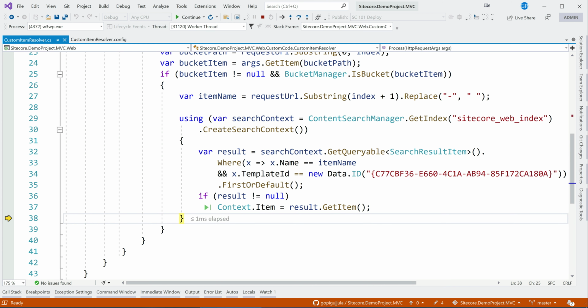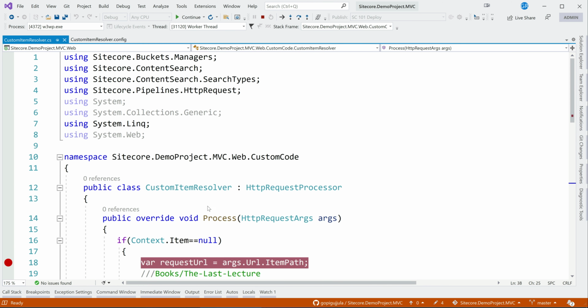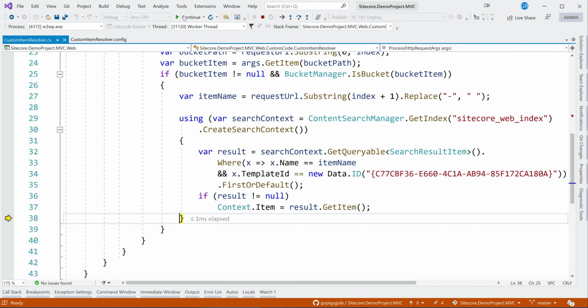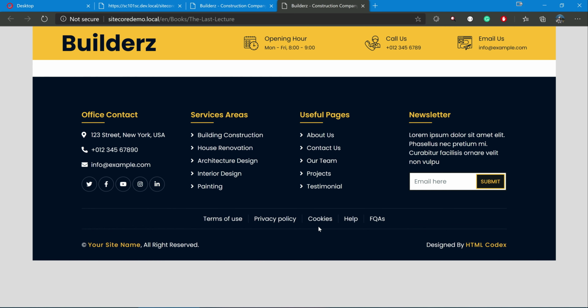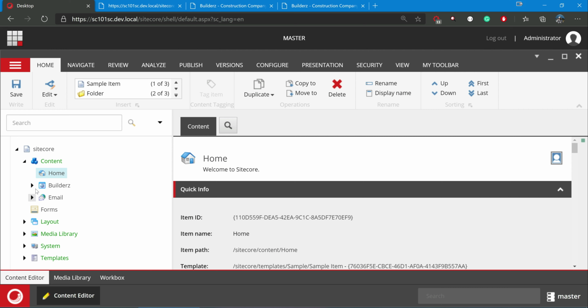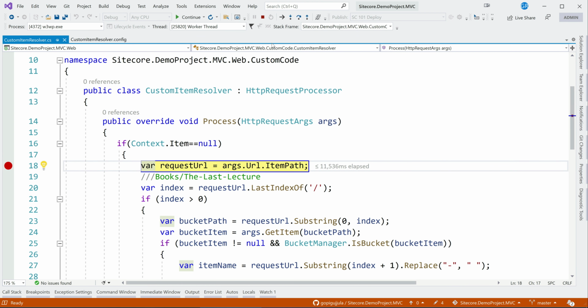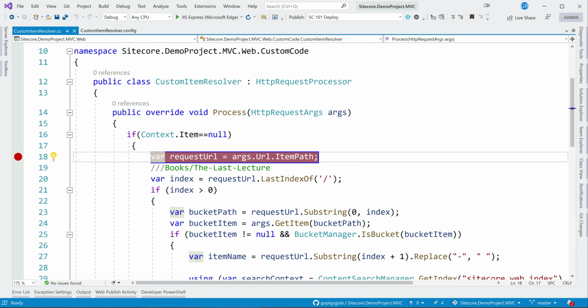now if you notice context.item is having the last lecture item. So it will contain all the related. So that's how we locate the item here. So now let's just move. So now we can say that okay, this has found the last lecture. Now all the item buckets concept is covered. So first is, let me just stop this.